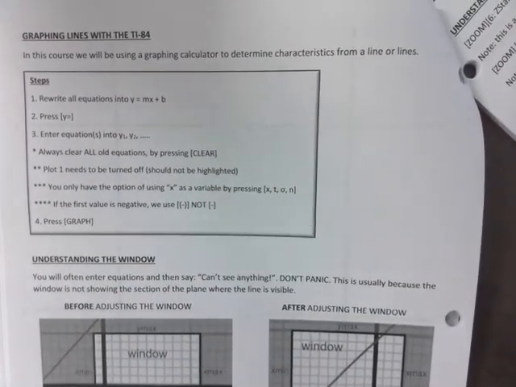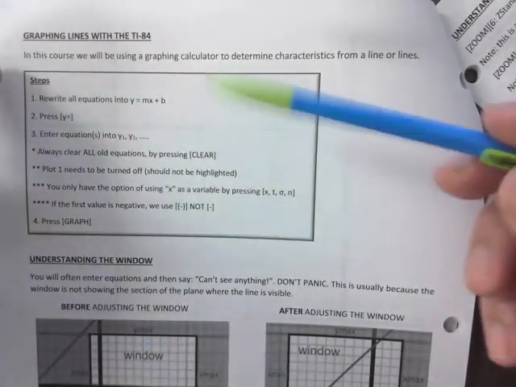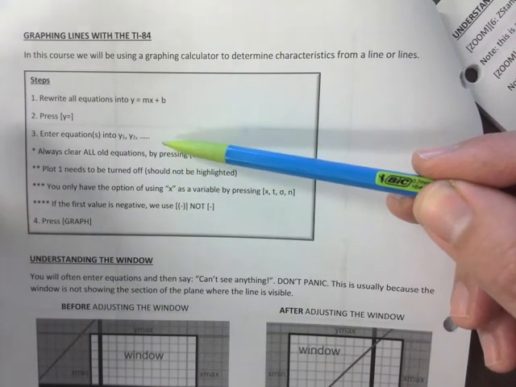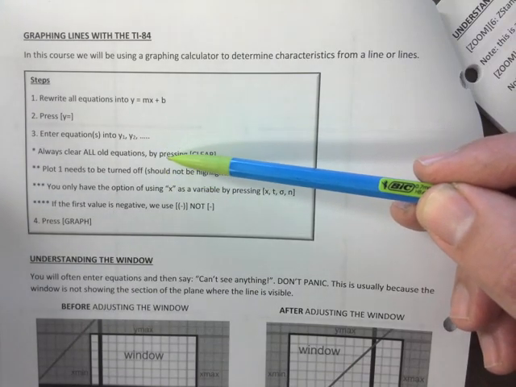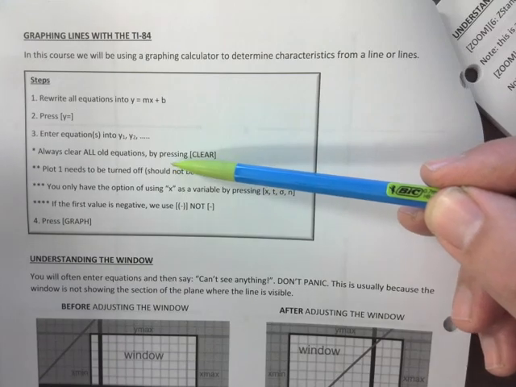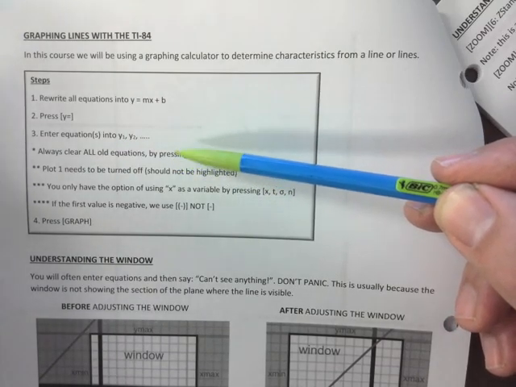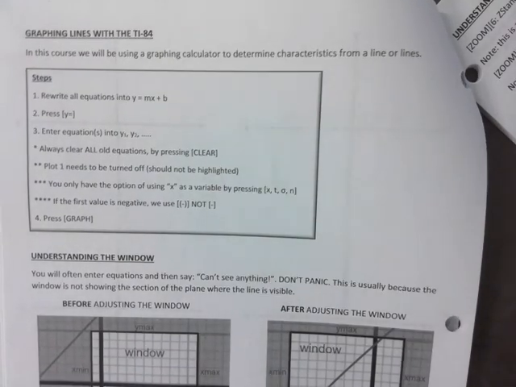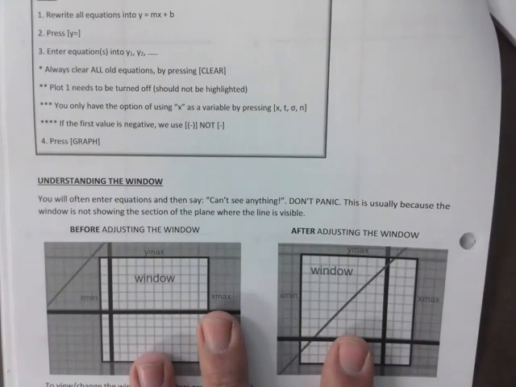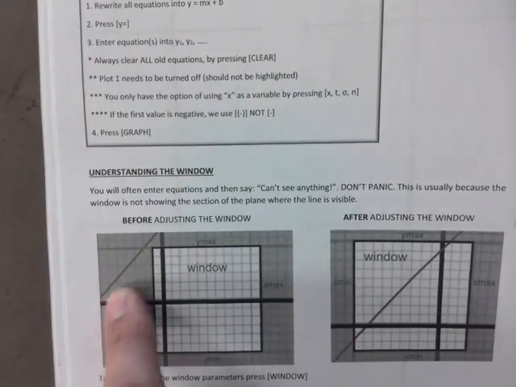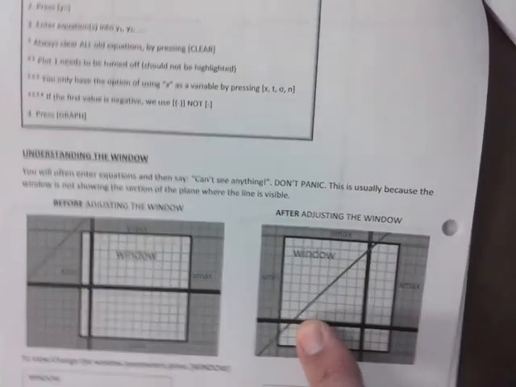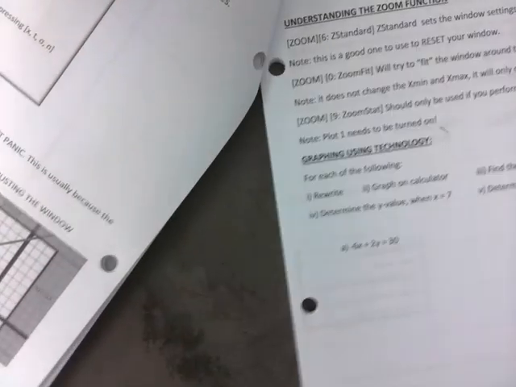So on page 9, I show you how to graph lines on your TI-84, but you know that by now, because sometimes I start with linear inequalities. You haven't seen quadratics yet, so I kind of give you the full lesson on how to graph. So I'm going to skip this. The window, you understand how the window works, so you got to make sure if you don't have the right parameters, you're not going to see it, so you got to move the window so that you can see it. So let's go to page 10,